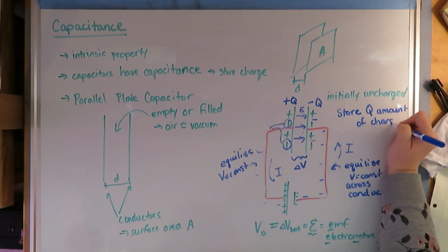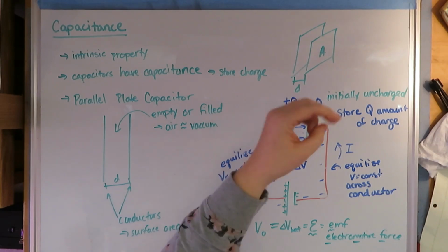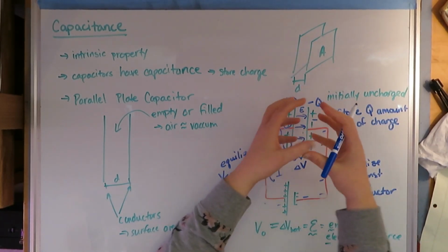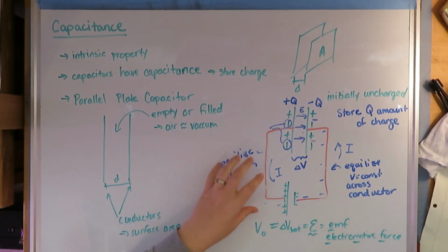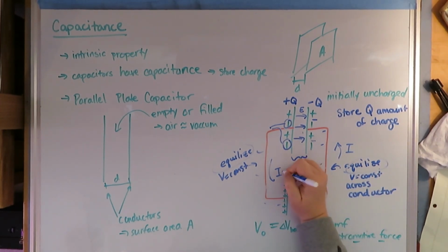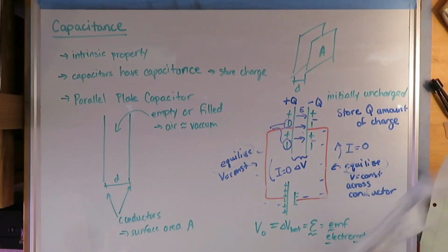So this is an important distinction. Even though there's a negative Q over here and a positive Q over here, we don't say there's 2 Q's worth of charge stored. There's actually an amount of Q's worth of charge stored here. Now basically this is going to happen until they reach equilibrium, and then the current's going to equal 0. And when this current equals 0,